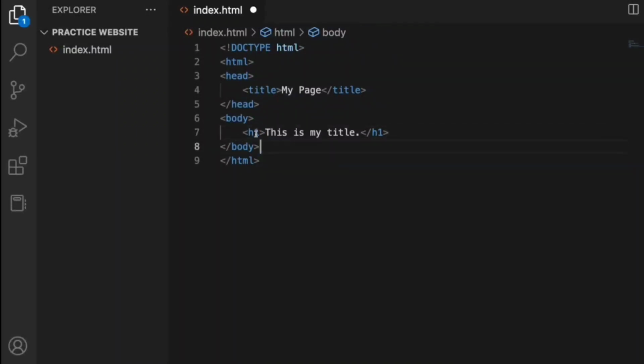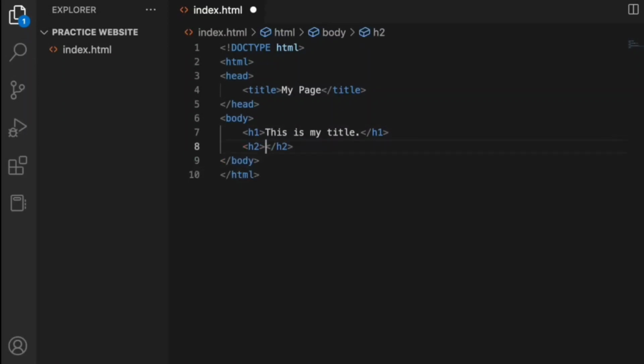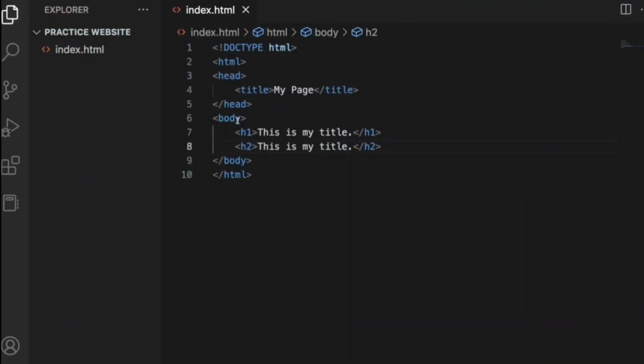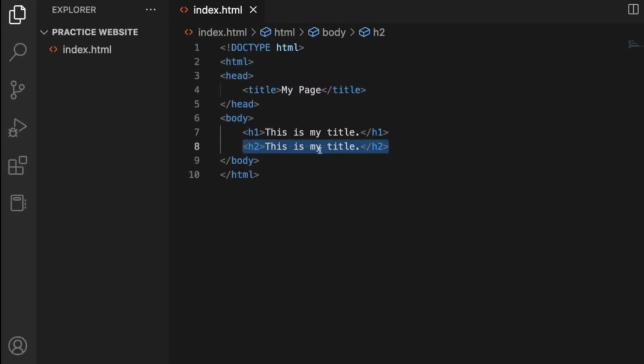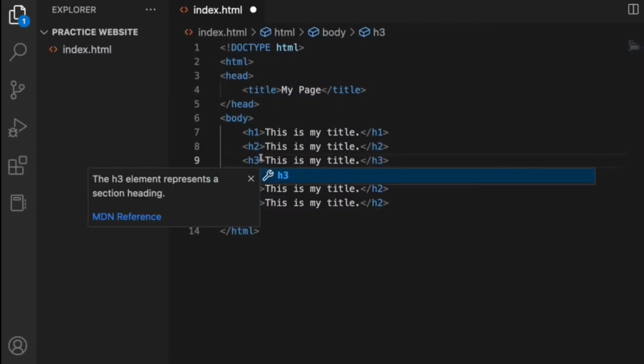Okay, so till now we have learned about the h1 tag, which stands for headline, but that's not the only tag for the headline. There are more like h2, and I'm just going to copy and paste the same text here so you can see the difference exactly. So I'm going to save it and come here and refresh, and you see the size changed. And this goes up to h6. So I'm going to just copy and paste it and change the number